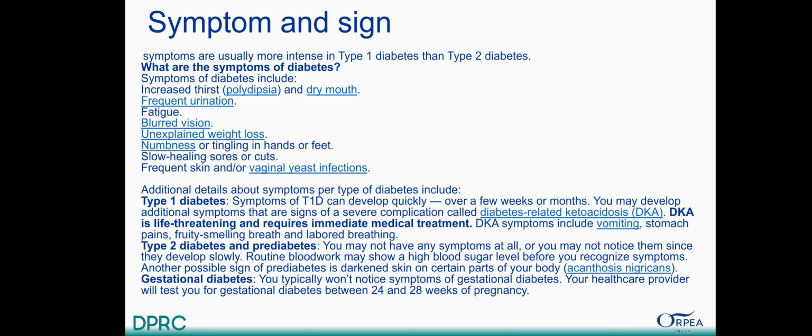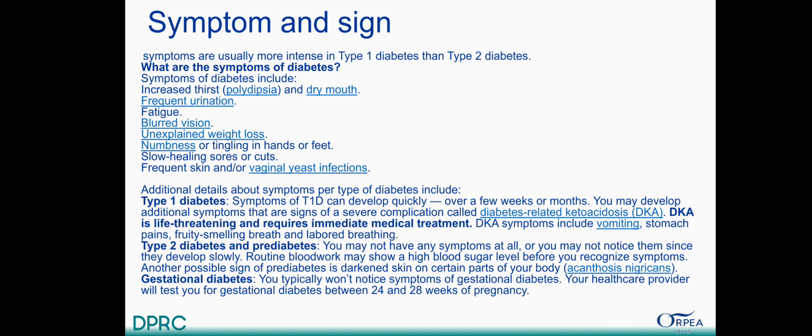Additional symptoms can happen according to the type of diabetes. For example, type 1 diabetes can develop quickly and lead to severe complications. Mainly the symptoms will be due to the complication. One of these complications is called diabetic ketoacidosis, or diabetes-related ketoacidosis, which is a life-threatening condition,